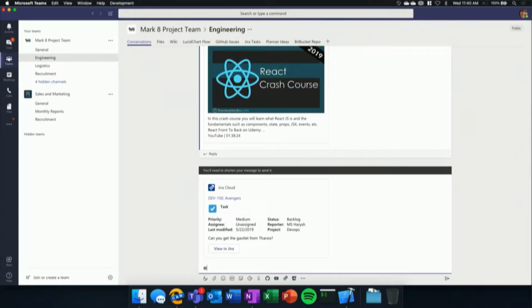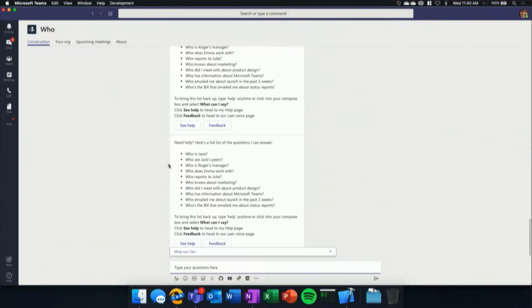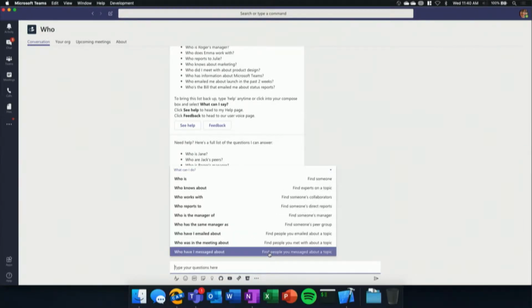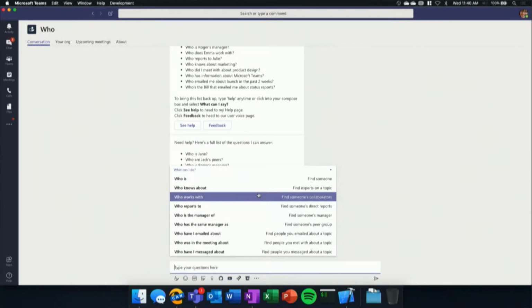I can say, hey, but I don't necessarily know who to ask to look into this. It's a very important task. We need to get the gauntlet from Thanos. So I'm going to quickly hop over to my WhoBot. This is one of the bots that Microsoft provides as part of Teams. And so here I can quickly see what capabilities this bot has. And I will say,